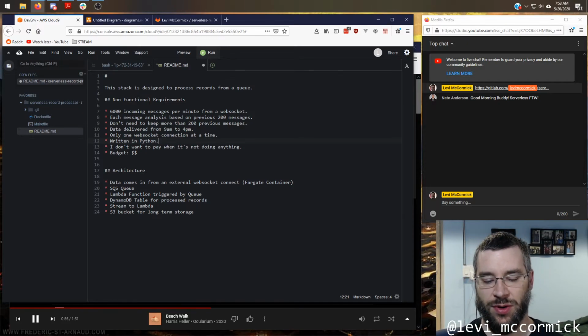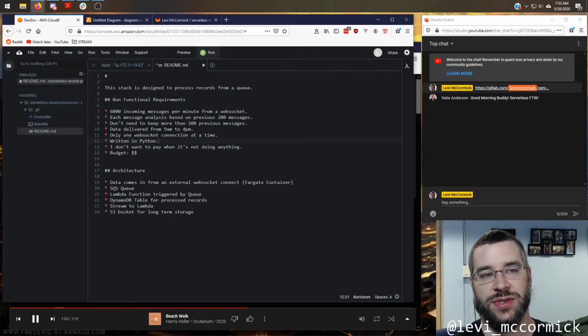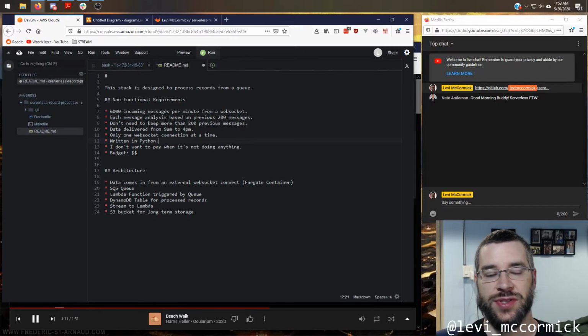Cold starts are pretty low on Python, so a well-written function with really small clients and everything to instantiate, you can get a pretty low cold start. If we're worried about that, we can do provisioned concurrency.